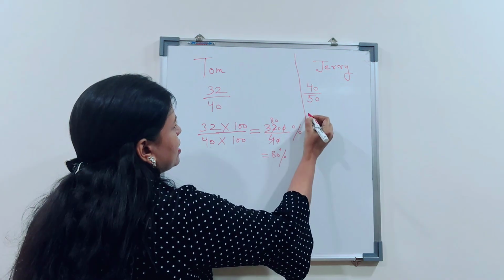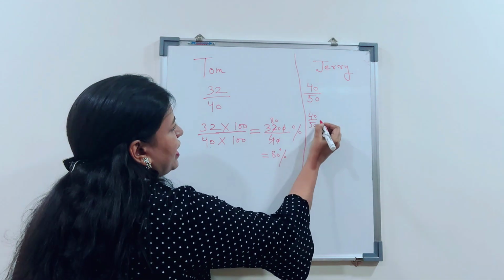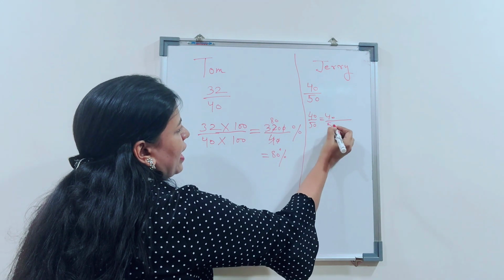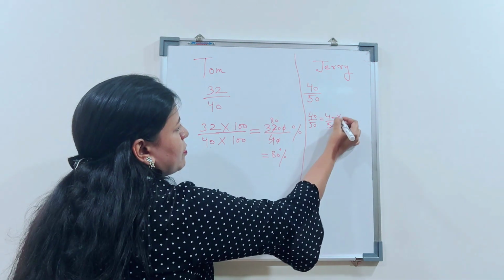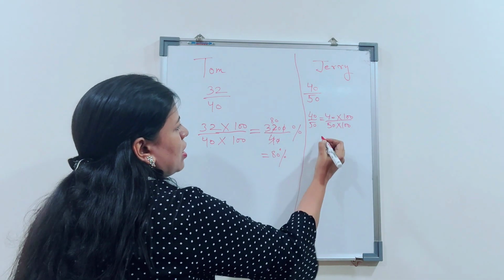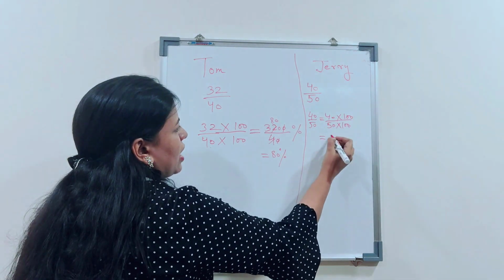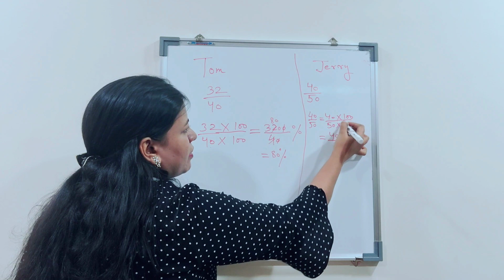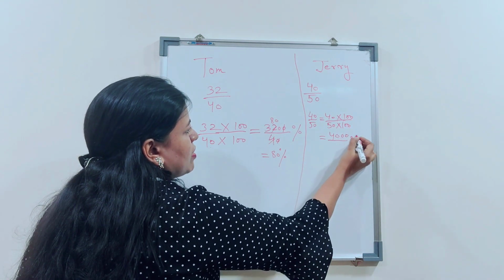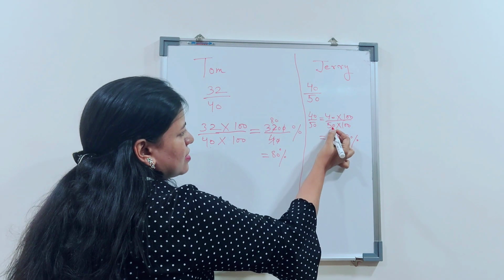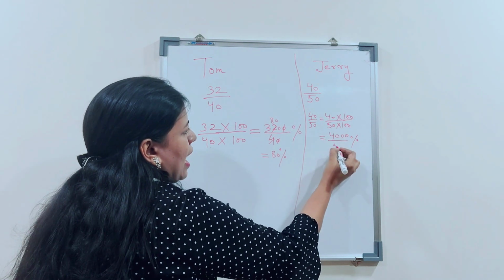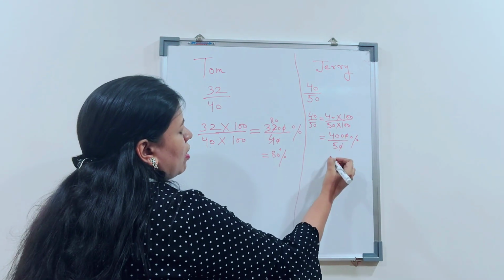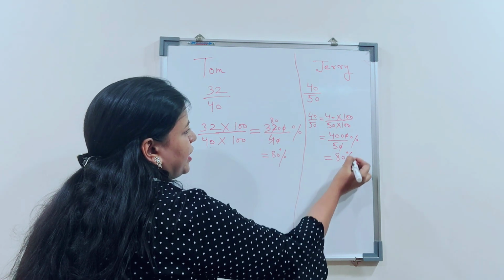The same thing we will have to do with Jerry. 40 by 50. We need to convert 40 by 50. Now the denominator we have to multiply with 100. Likewise, we multiply the numerator with 100. So it becomes what? 40 multiplied by 100 gives me 4000. Now this whole number, same thing, divided by 100 is replaced with the percentage symbol. And we write the number in the denominator, which is 50, as it is. So what we get is, we again cancel the 0 with the 0, and this is equal to 80%.